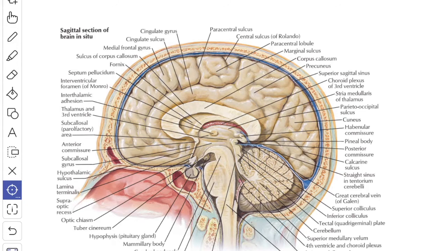The bilateral destructive lesions of the brainstem are fatal because of the damage to the vital centers which control the respiration and heart rate and blood pressure. The impairment of reticular activating system leads to progressive loss of consciousness followed by stupor and coma. Next we'll see about the medulla oblongata in detail.